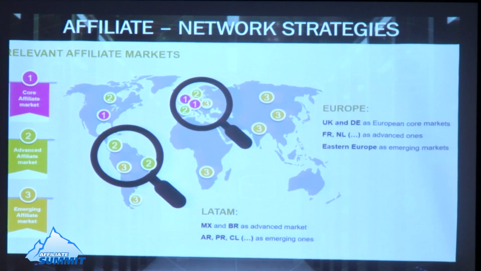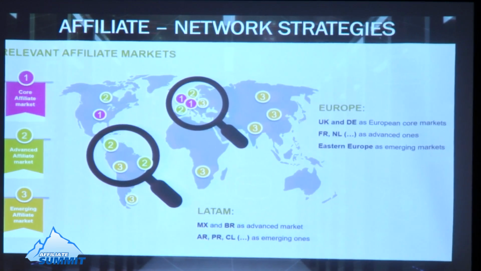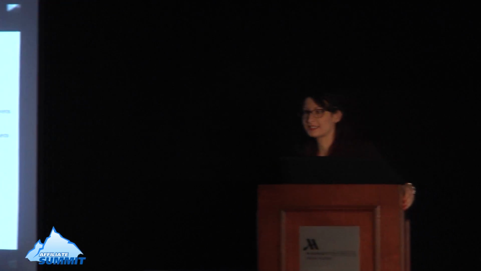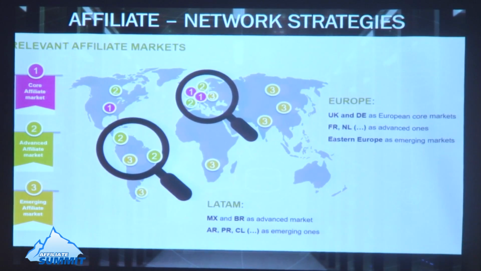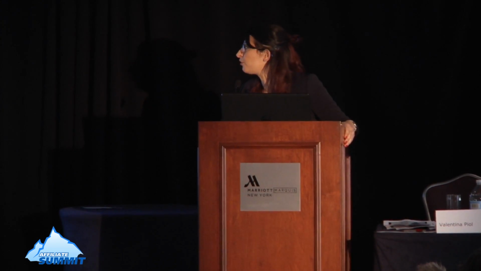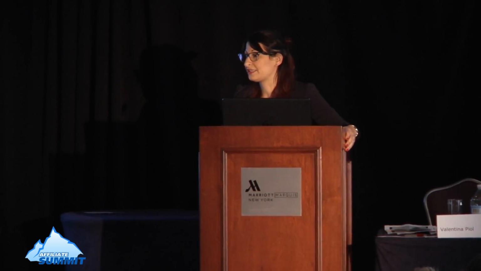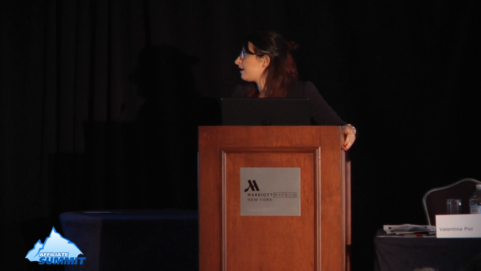Especially when it comes to affiliate marketing, the selection of the markets that you want to operate your programs in can have a very decisive impact on what kind of networks to select and the overall strategy that you want to define. Affiliate marketing has some markets where it is very matured, so-called core markets where it all started 20 years ago, and where you can be sure to find a very matured base on the one hand side when it comes to advertisers, on the other hand side on professional working top affiliates, but also on experts